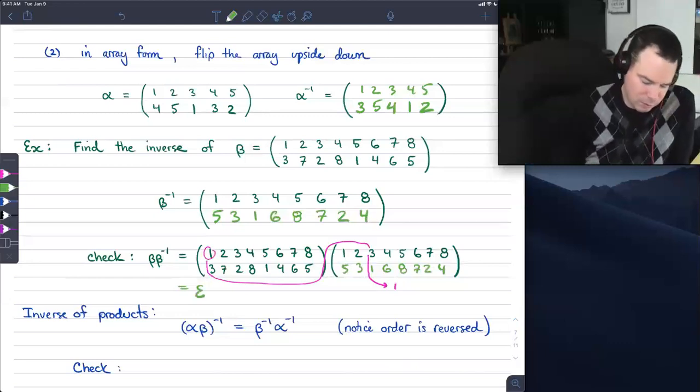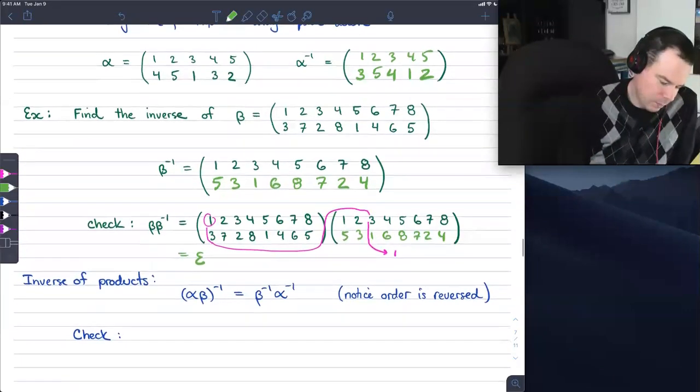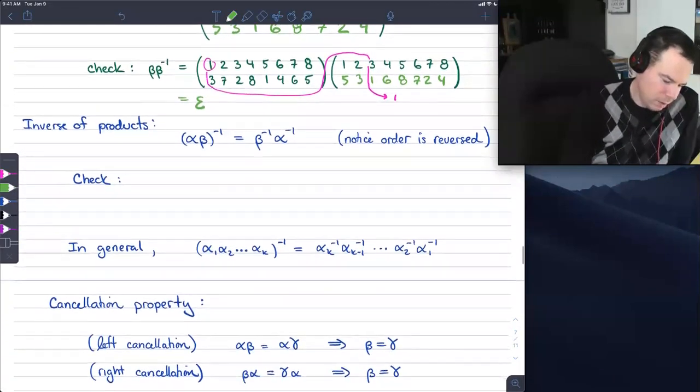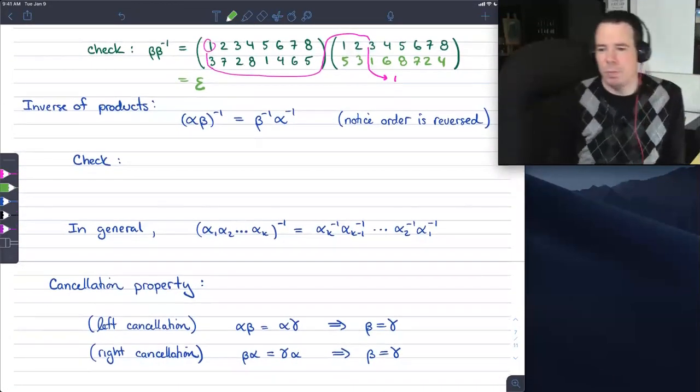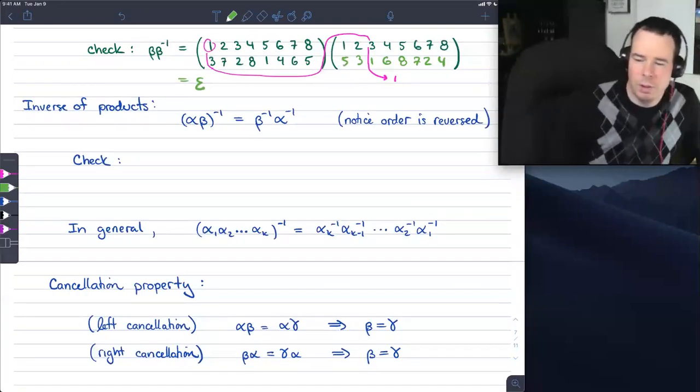2 goes to 7, 7 goes to 2. 3 goes to 2, which goes to 3. So 3 goes to 3, and so on all the way across. Okay, so we get the identity there. So that's inverses. Now, what about if we had a product of 2 permutations and we want to compute the